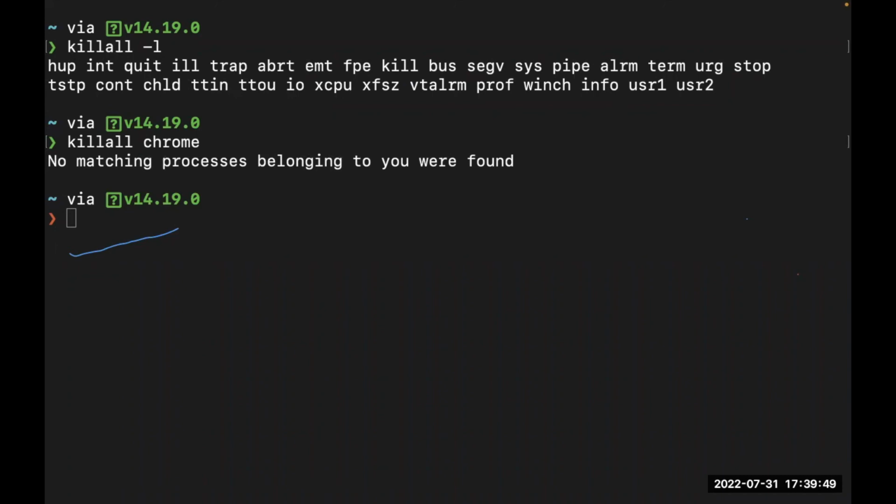So if you try it on your MacBook or your Linux machine or your Windows system and it works, kindly let me know in the chat, because it doesn't seem to work at the moment here. But basically, I think that's what you should do: killall the name of the process, such as Mate or code, or Chrome. Yeah, I think that should do the job.